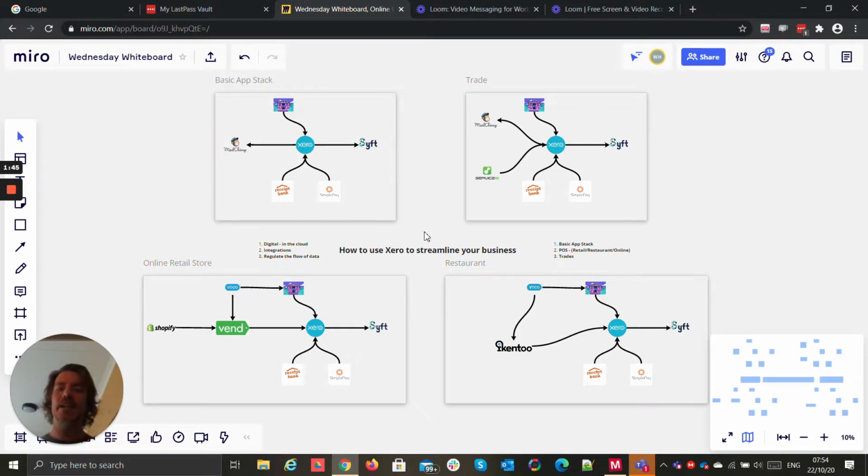So what I've got here on the top left-hand corner is what we refer to as a basic app stack. An app stack is just another way of saying the combination of cloud-based apps that you can use to plug in to create that integration to help you streamline your business. So I'll quickly talk through that basic app stack, and then I'm going to just show you 3 actual examples of a real-life business. So on the right-hand side, we've got one for a trade, meaning if you're a plumber or